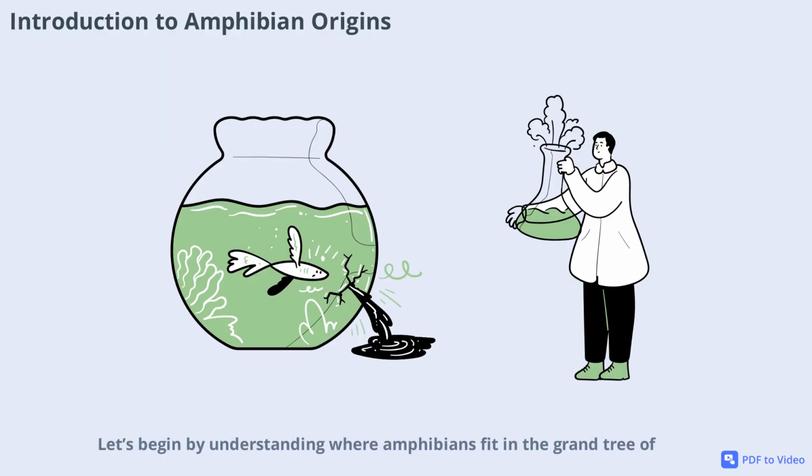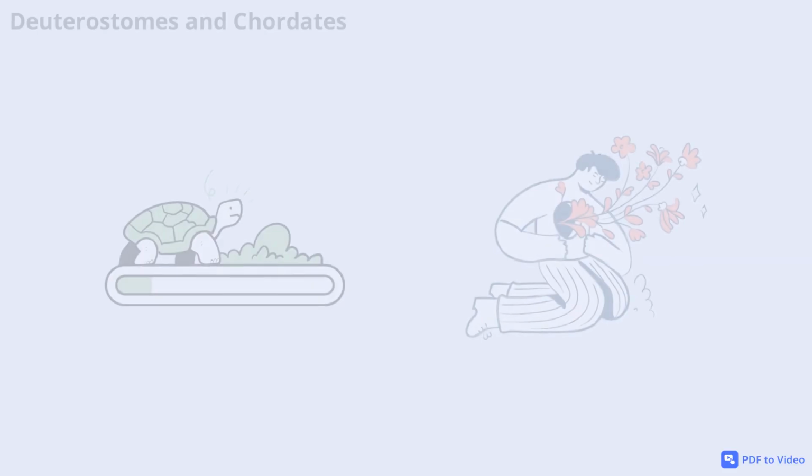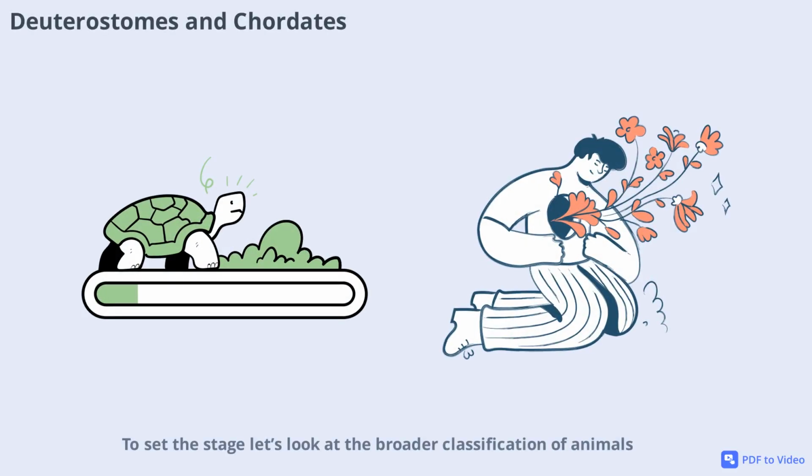Let's begin by understanding where amphibians fit in the grand tree of life and why their story is so crucial to the history of vertebrates. To set the stage, let's look at the broader classification of animals. There are four major phyla of deuterostomes, and vertebrates, including amphibians, belong to the phylum Chordata. Chordates are defined by several key features that set them apart from other animal groups. Understanding these features helps us trace the evolutionary steps that led to the rise of amphibians and eventually all land-dwelling